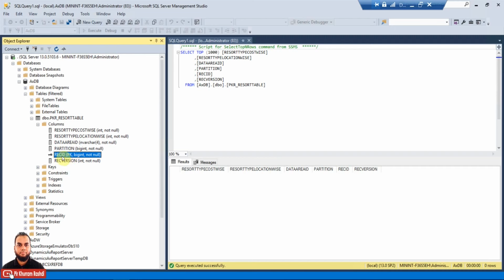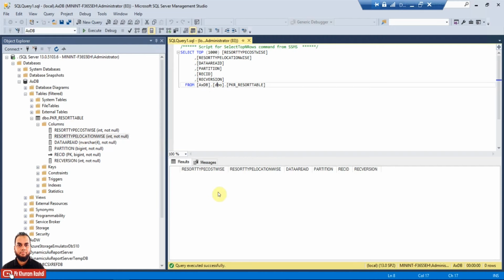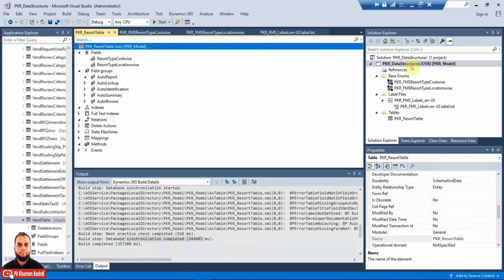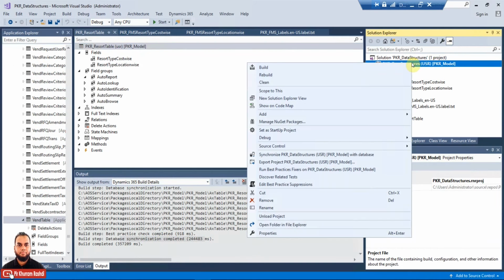So these four fields are auto generated, auto created by the system. And rec id is definitely a primary key, and we'll also discuss these concepts. But for now we need to understand how that information is stored. So right now there is nothing there. So what we can do is, we will create one class.